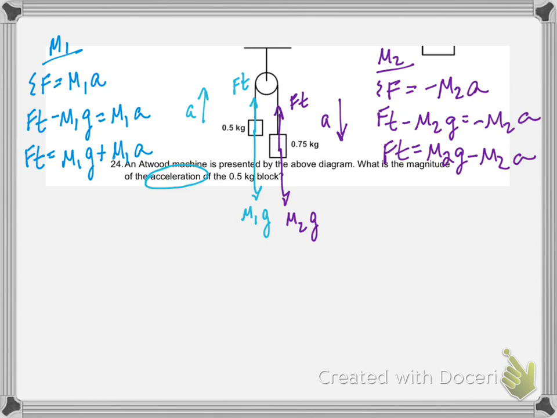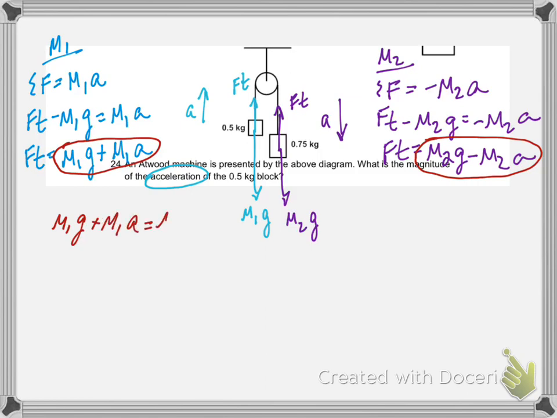Now when we compare these two, we have tension force equal to this, the same tension force equal to that. We could set them equal to one another. So we would have M1G plus M1A equals M2G minus M2A. Since we're looking for acceleration, let's get acceleration on one side of the equal sign and everything else